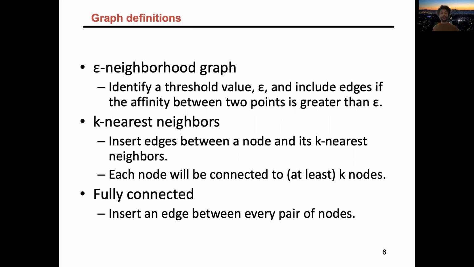Sorry about that. It's usually prohibitive to work on fully connected graphs due to the storage and computational costs. The two alternatives that are commonly used are the epsilon neighborhood, in which case we identify an actual value and say that if the edge similarity is higher than that value, I'm going to keep it, otherwise I won't. This has the benefit of being geometrically meaningful. However, it has the downside that you can actually get disconnected graphs, significantly disconnected graphs, depending on how the similarities